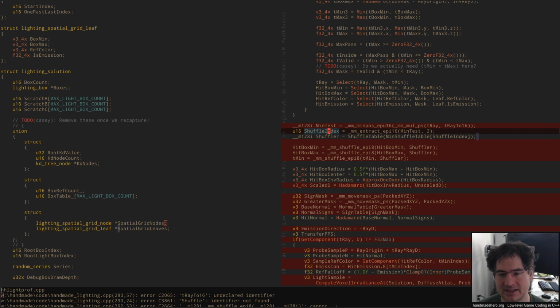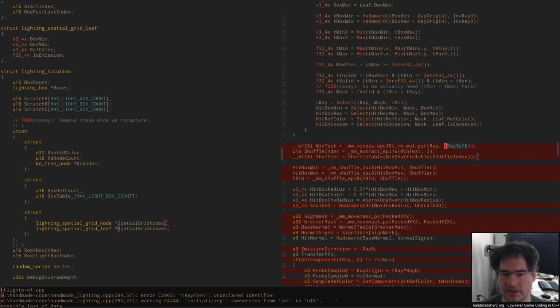So annoying. Anyway. So what we want to do here is we want to go in and make this code path now be correct. So we want to shuffle everything so that we load up a shuffle table. We shuffle each time to produce an output that has only the one ray we care about, right? Now, because there's no reason for us to drop to scalar here, even though we only care about the thing that's in the 0 column,